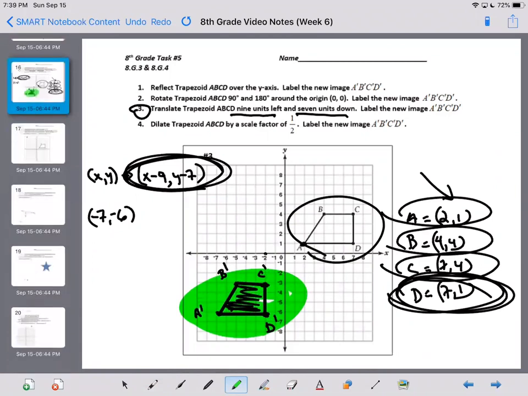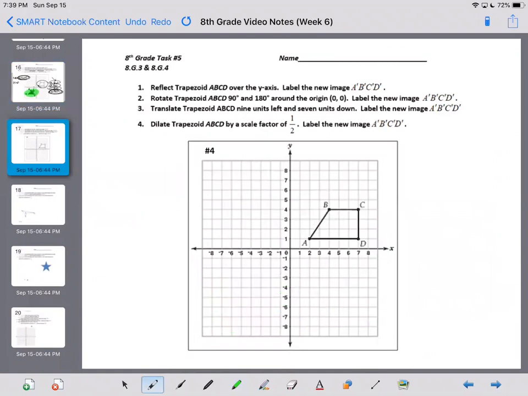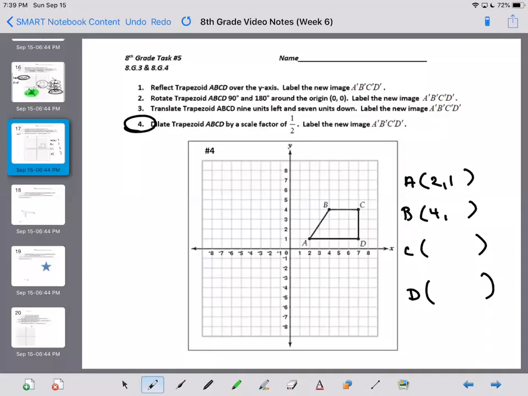Finally, we want to look at a dilation. So if we want to dilate trapezoid ABCD by a scale factor of 1/2. All right, so I just need to know, again, what all of the ordered pairs are. And then what I'm going to do is have a scalar multiplier. So A is 2, 1, and B is 4, 4, and C is 7, 4, and D is 7, 1. So my multiplier is 1/2. So I just want to take half of all these X values, half of all these Y values,